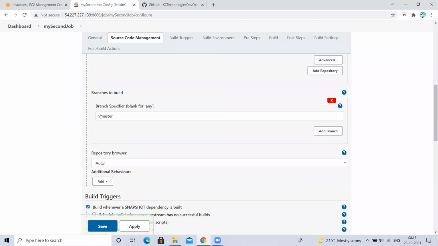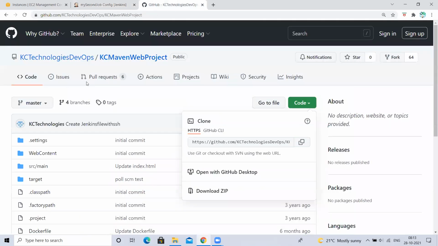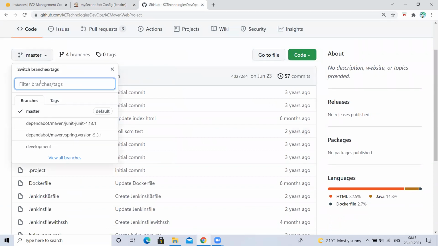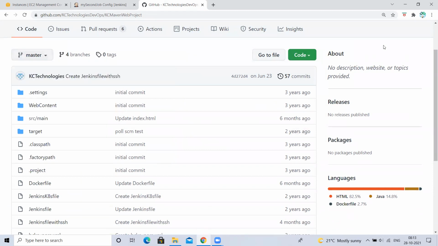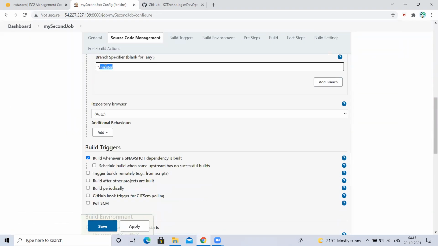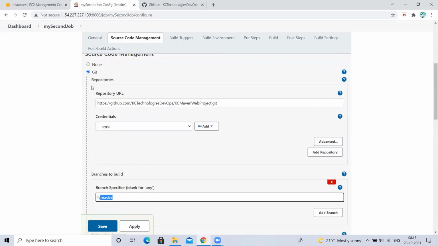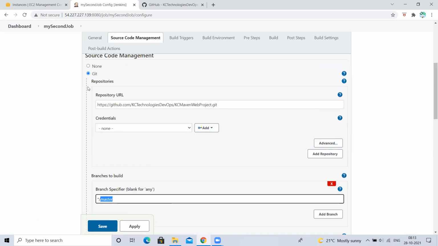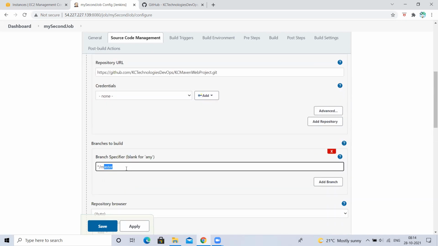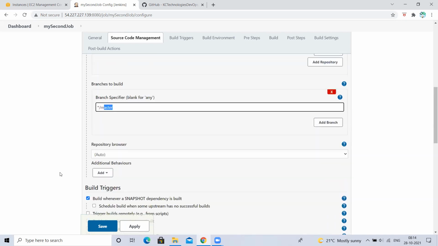Okay. And from which branch I want to take the code. Here we'll have, right? Yesterday I forgot to tell this. Here I have multiple branches, but from which branch I want to take the code? That branch you can specify here, master branch, right? Whenever I click on build now, my Jenkins has to pull the code from this repository, from this particular branch, not from all the branches.